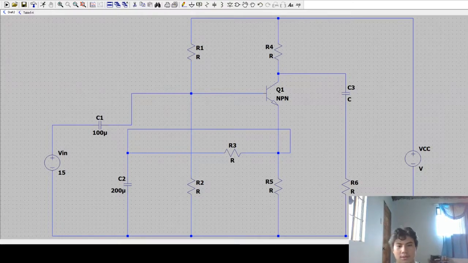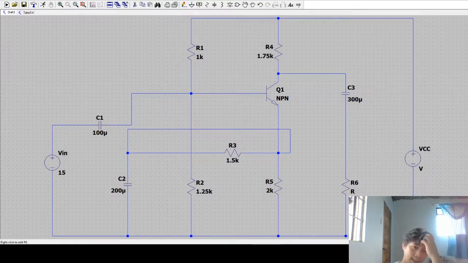This one is, where am I? Here, 300 micro, 1K, 1.25K, 1.5K, just adding an interval of 250 ohms, 2K. And this one, I won't put any values here because it says here that I should